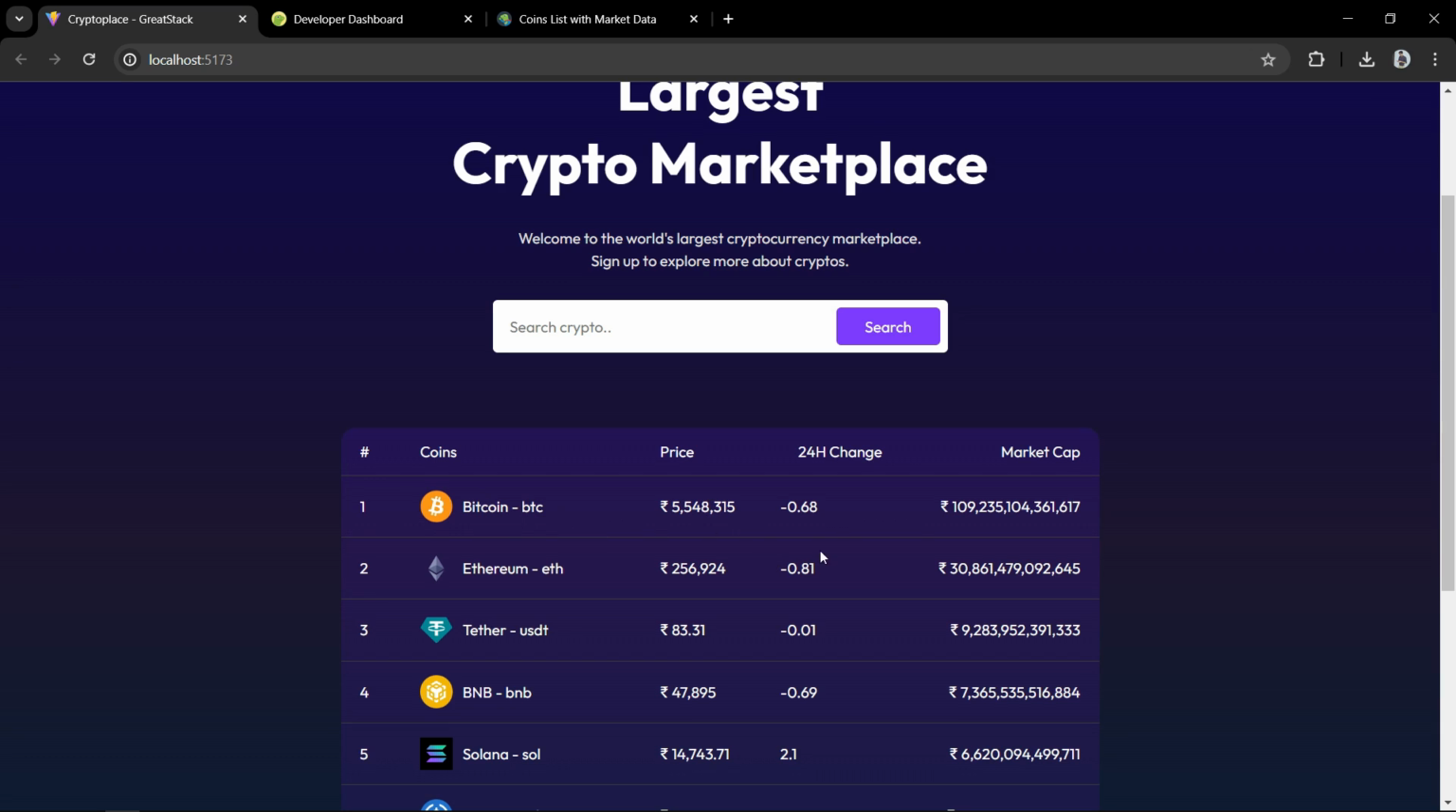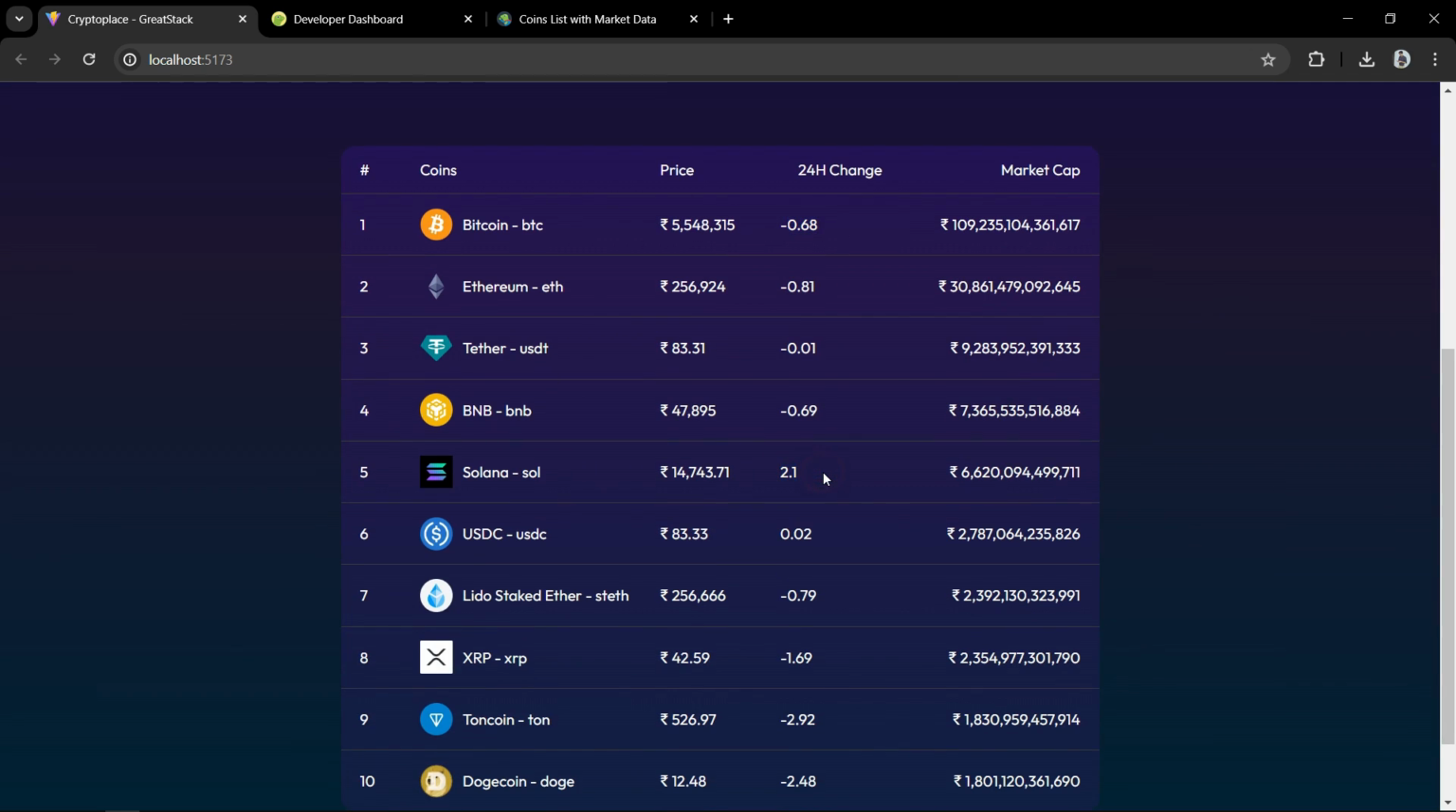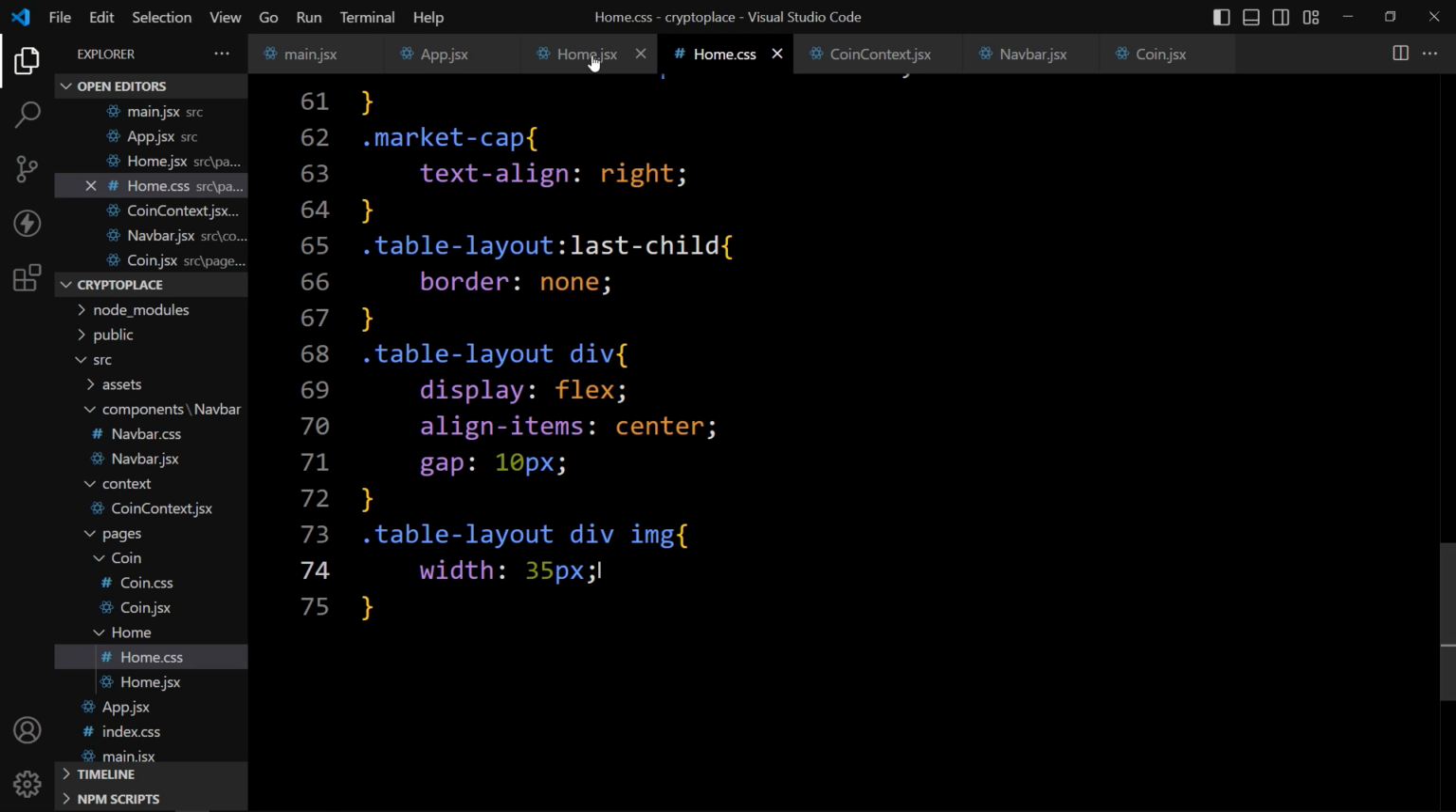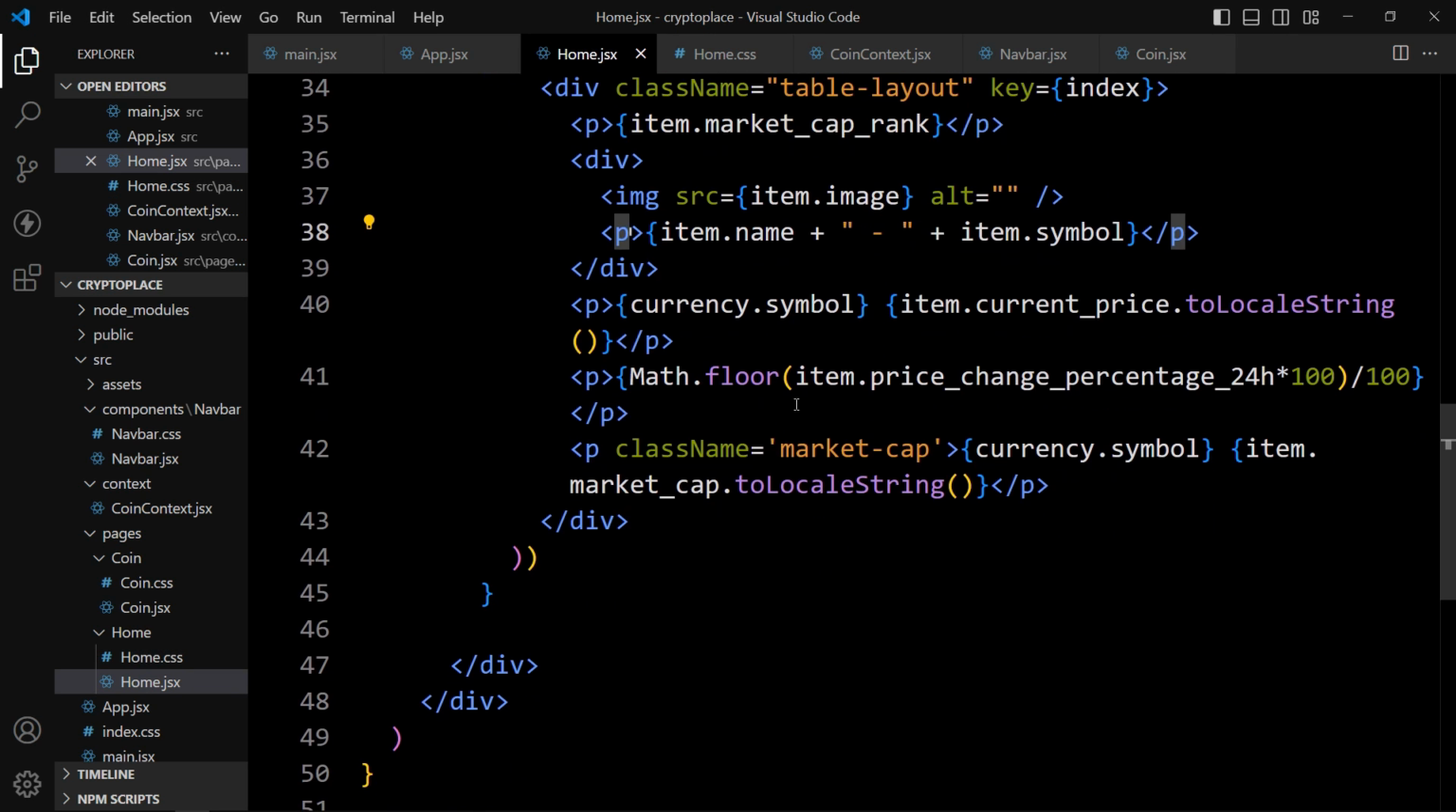Next we have to change the color of this data, which is the change in 24 hours. If it is negative we will make it red, and if it is positive number then we will make it green. So for that we will apply the dynamic class. So let's open this JSX file. Here we have added price change percentage 24 hours. In this one we will apply the dynamic class. So for that let's add item dot price change 24 hours. Copy this one, and in this p tag